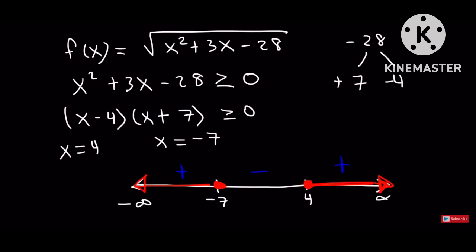So now we can have the answer. So x can be less than negative 7, that's to the left, less than or equal to negative 7, or